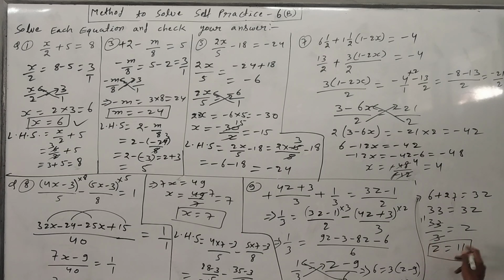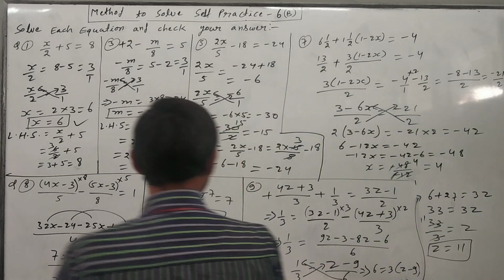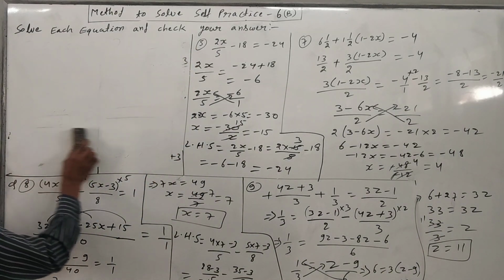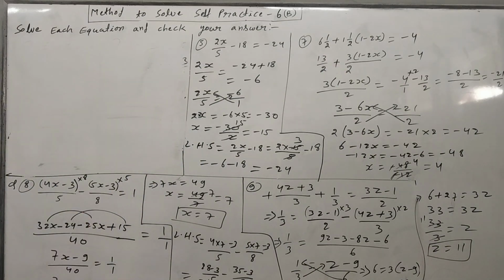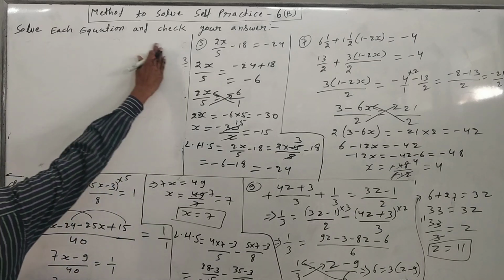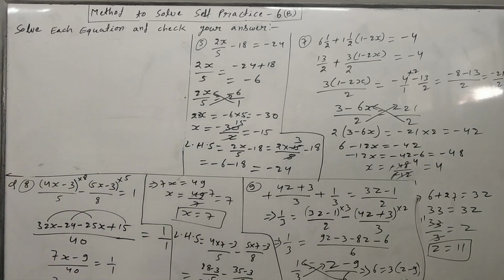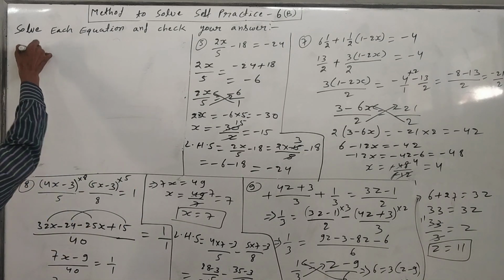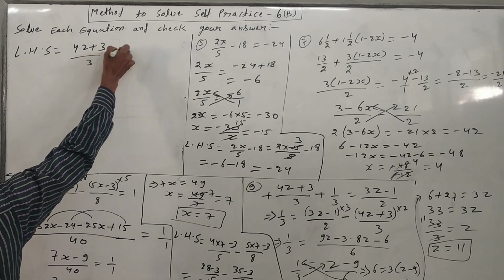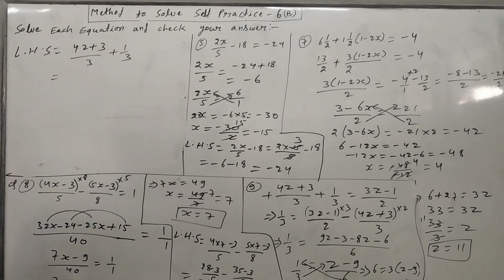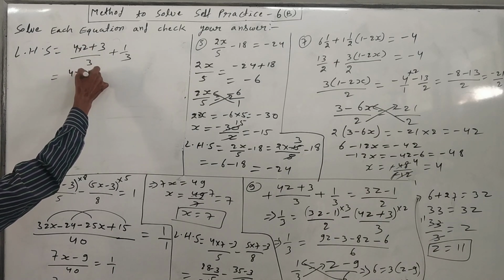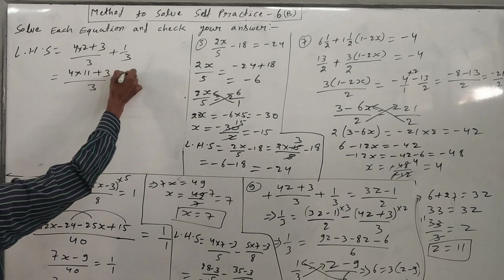Now we have to check whether this 11, our answer, is correct or not. For that I will check here. For the checking part I will do it there. Okay. For question number 9, the LHS part is given and the RHS part is given separately. So this time we will solve both parts because both parts have the variable. So first of all I will solve the LHS. So LHS is equal to (4z plus 3) upon 3 plus 1 upon 3. So just put in place of z is equal to 11. So 4 into, here nothing written means multiply. So (4 into 11 plus 3) upon 3 plus 1 upon 3.